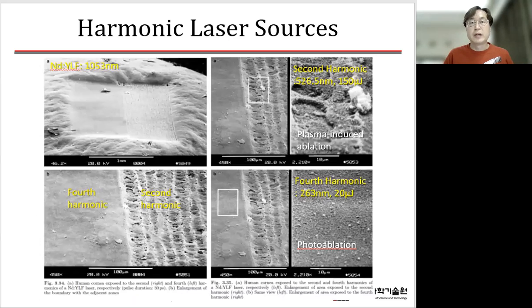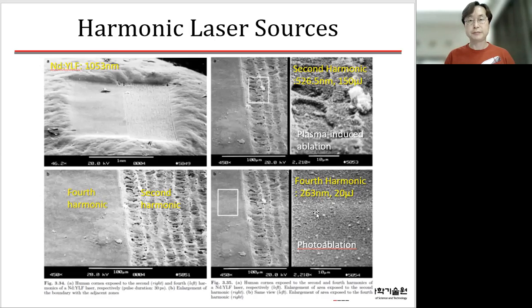Okay, hello everyone. Let me continue on the photoablation part from the last class. This photo shows the surface of the cornea when using the laser. MD6305 has 1053 nanometers. However, when you make the second harmonic, the laser becomes 526 nanometers, and then the fourth harmonic will be